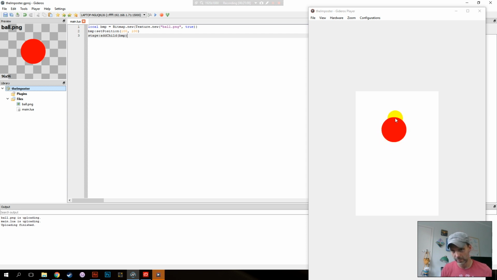Even though it displays a circle, all this transparency stuff is still there. Okay, so as you see here, this is still part of the image. Now your anchor point will be at 0, 0 of the image here, and the image itself has coordinates, and this will be the 96, 96 of this particular image. If I took this ball and displayed it at 0, 0, which is what we're going to do now,